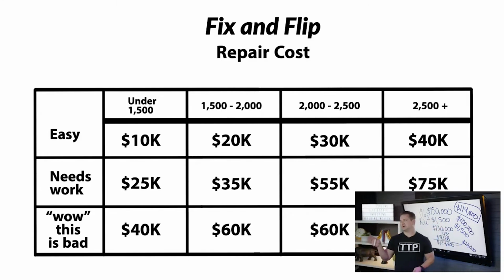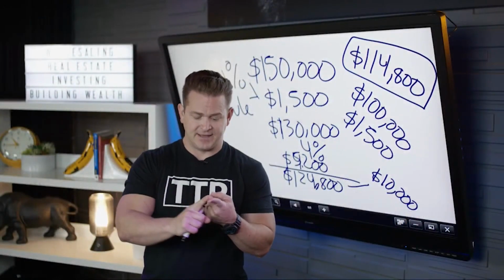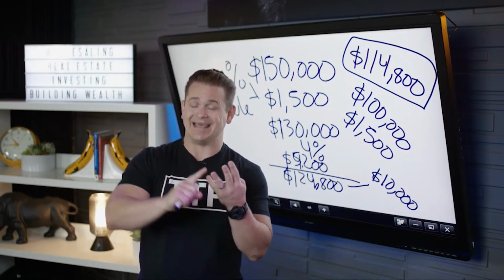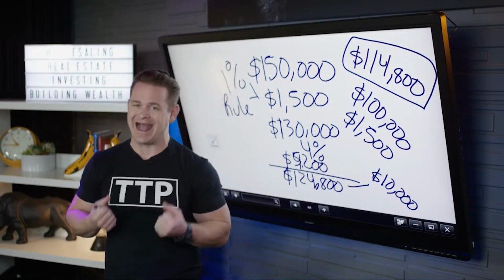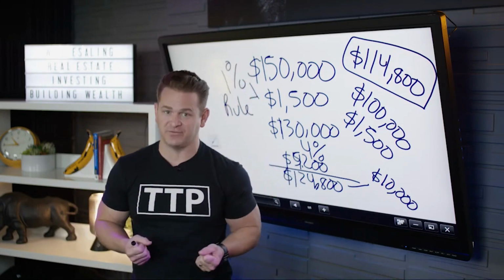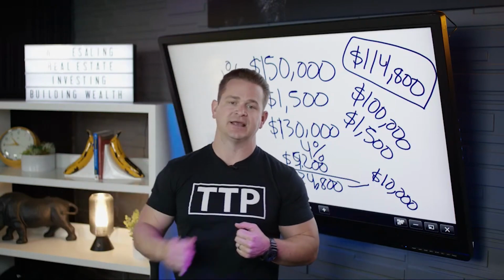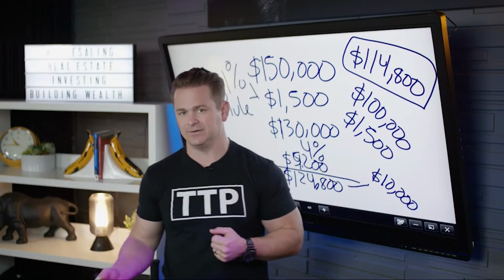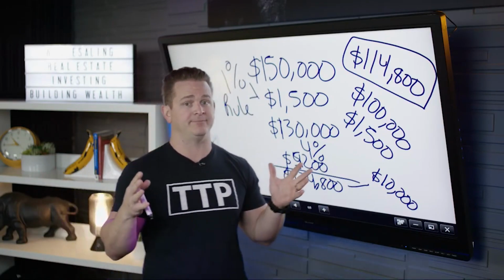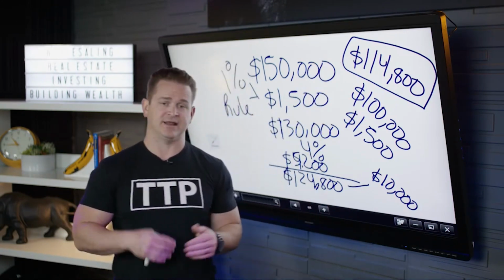Now, the only other time that I would say they would do a big major one is if they do a BRRRR method, where they buy it, they renovate it, they rent it, and then they refinance and pull their money out of that deal. That's obviously going to negatively affect their cash flow if they're getting all their money out, but it's a good way to keep buying a lot of rental properties because you get your money out of those deals. But if it's a huge repair budget, you've got to get this price way lower so that it makes sense for them to BRRRR